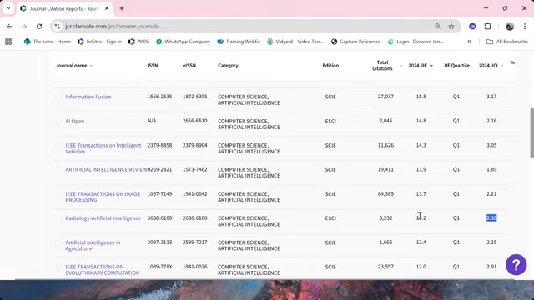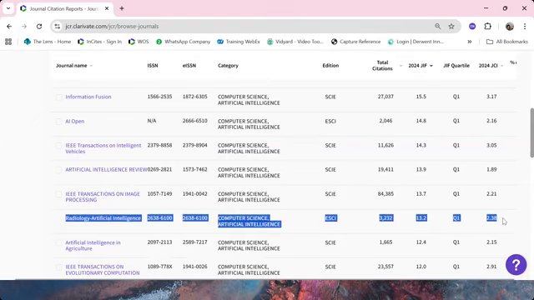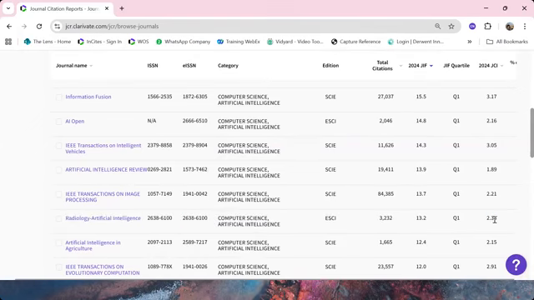So that's how you can use both the JIF and the JCI to give you an idea of which journal is better in terms of its impact. Because JCI would kind of show you the consistency of the journal's impact over time.